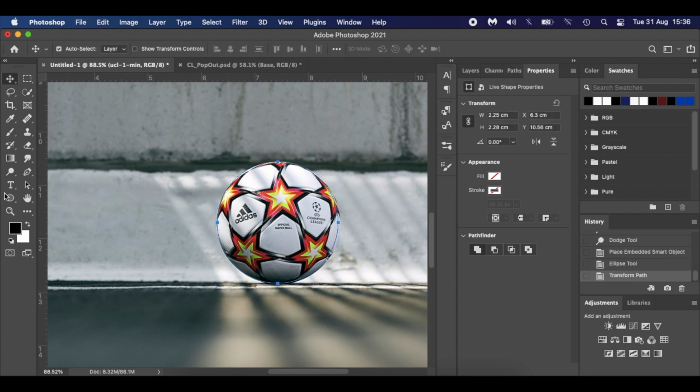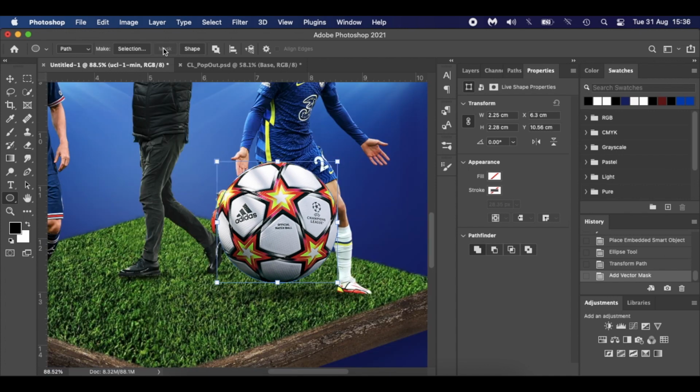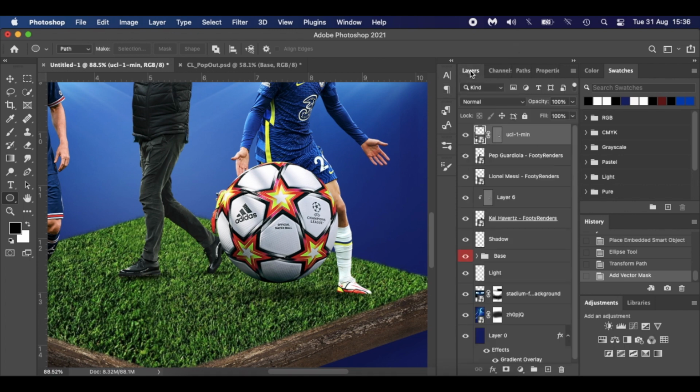In fact, if I go back and click on the Ellipse tool icon there, you should get this menu popped up. So you press Command T for your transform tool, go back to your Ellipse tool, and we can click mask. And then there we go. There's our ball. Command